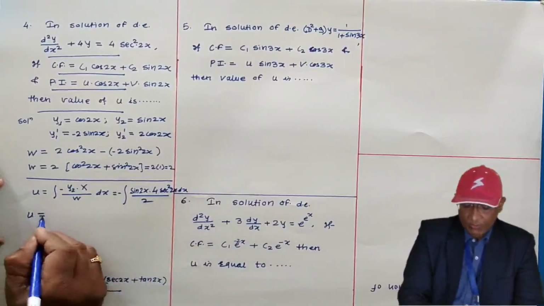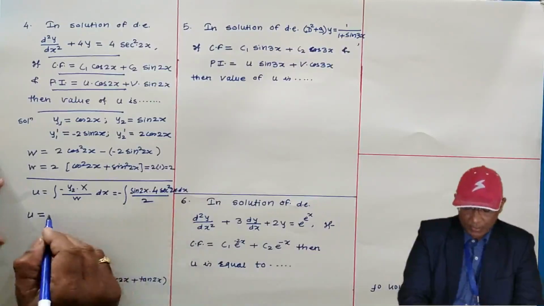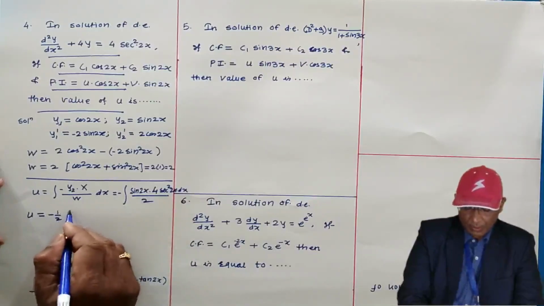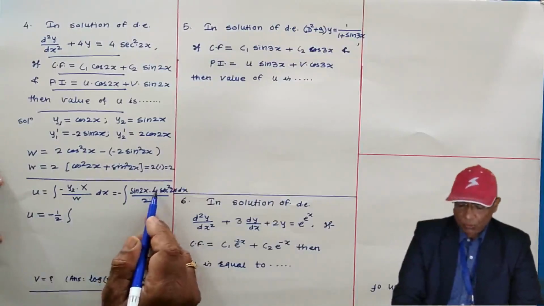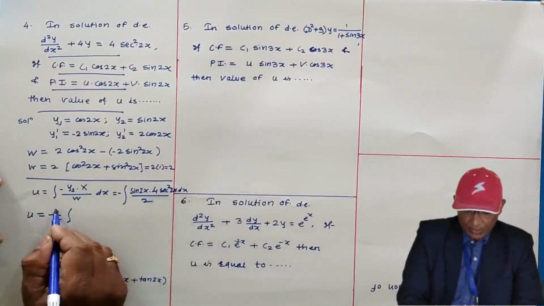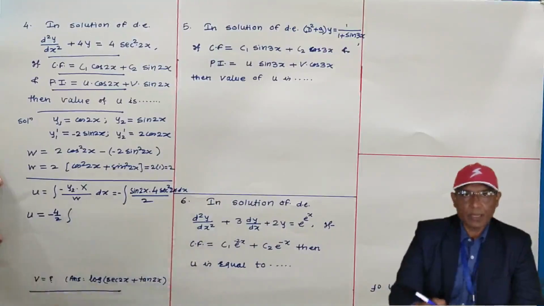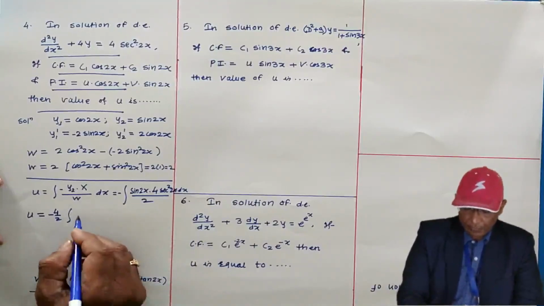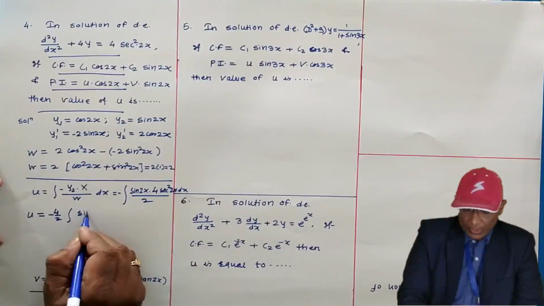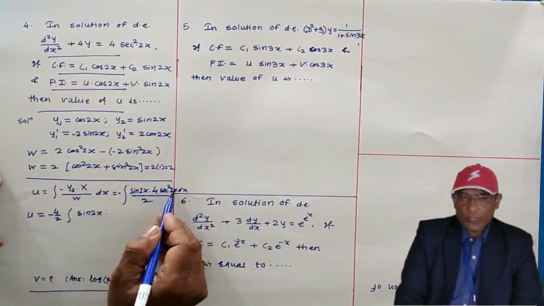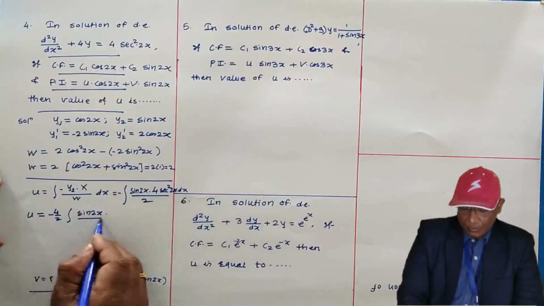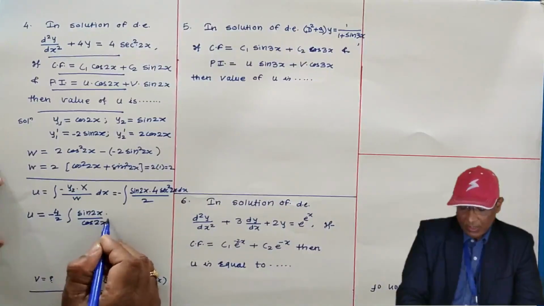Now try to simplify this integral. This 1 by 2 I am taking outside. Here 4 by 2 I am taking outside, meaning 4 by 2 is 2. Directly writing here, I am writing 4 by 2. In the next step I will write 2 in the numerator. Here sin 2x, I am going to simplify this integral. Sec square 2x means what? 1 by cos square 2x, like this.